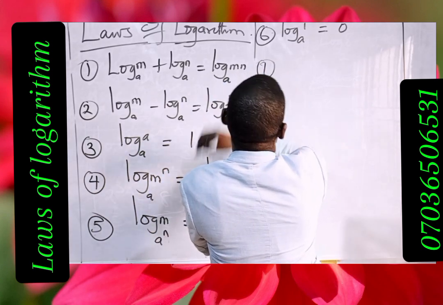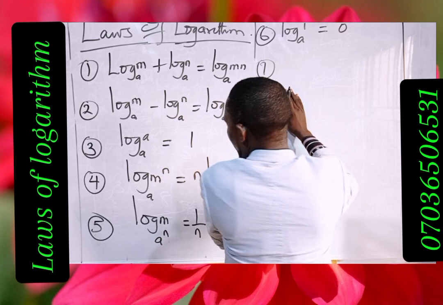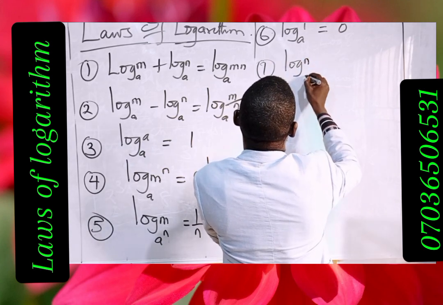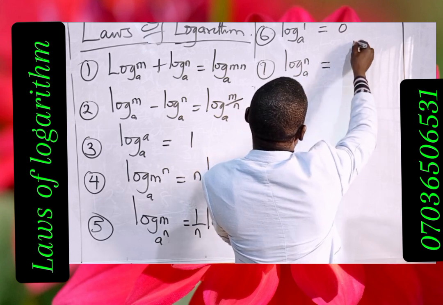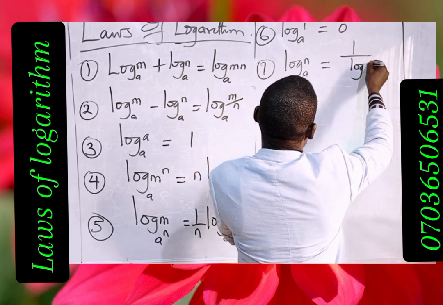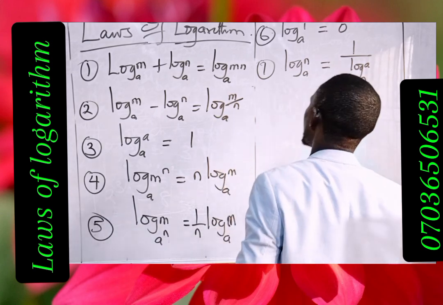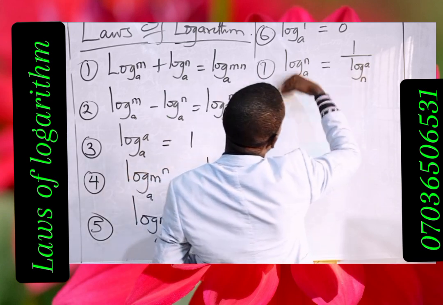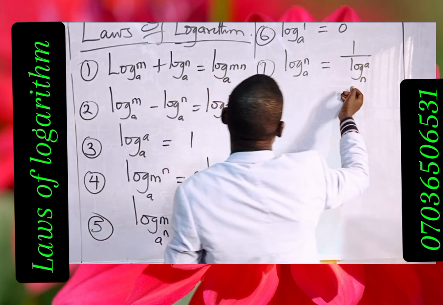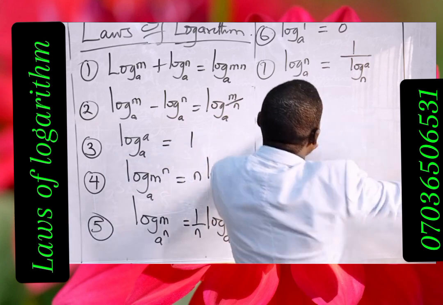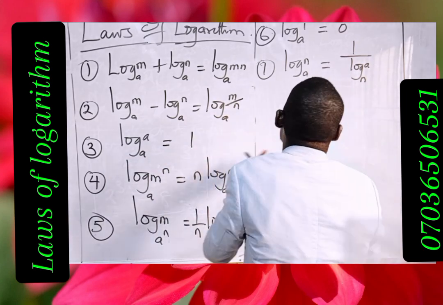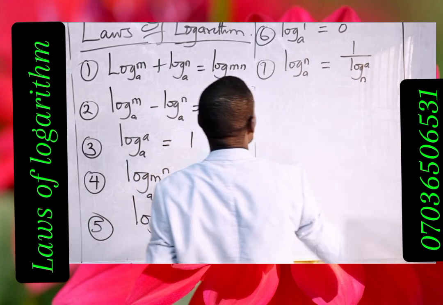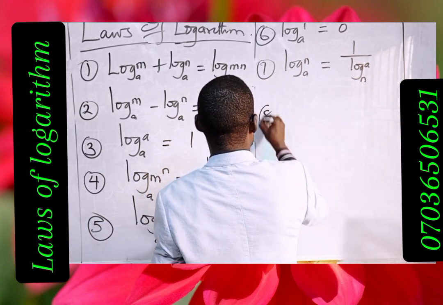Number 7. Yes, number 7 is called reciprocal law. Log n base a is the same thing as what? 1 over log a base n. This is when the reciprocal is required. And when do you need reciprocal of logarithm? When you want to express all the terms in the logarithmic expression to be in what? The same base. You need the what? You need the reciprocal. Number 8,